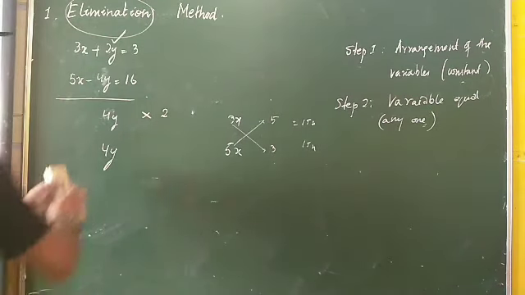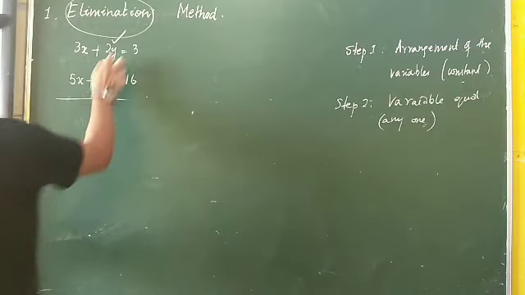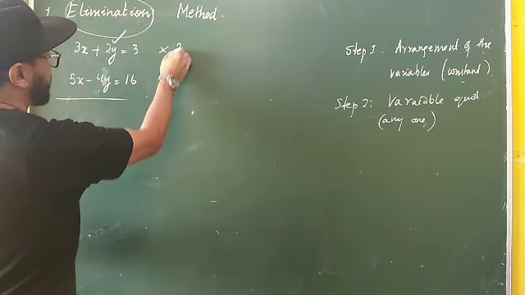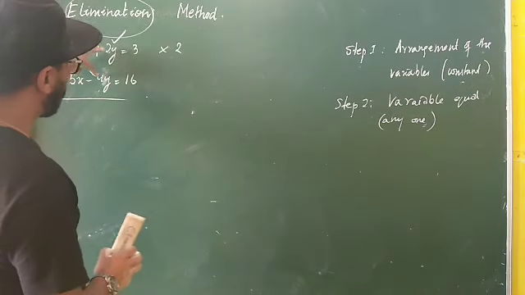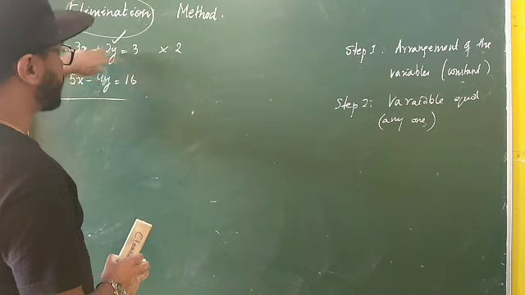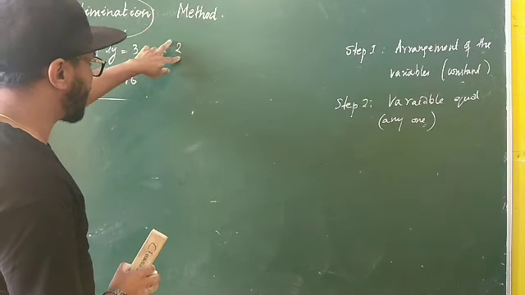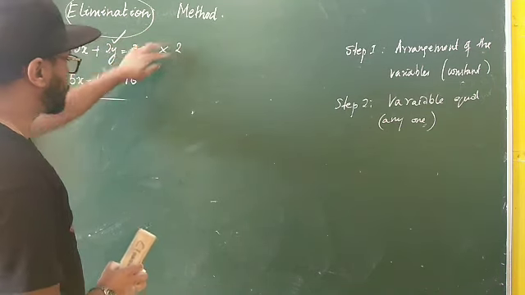But here it is equal. So I'm making y equal. So what I'll do? I'll multiply this equation with 2. But make sure when you are making any variable equal, then you have to multiply. See, we are multiplying this with 2 so that